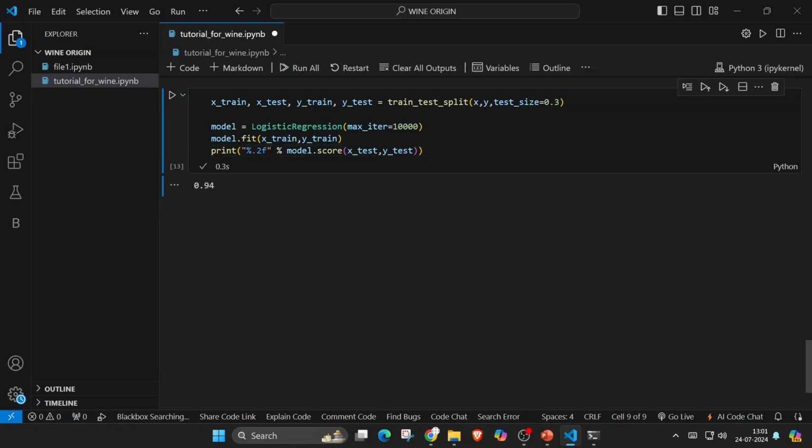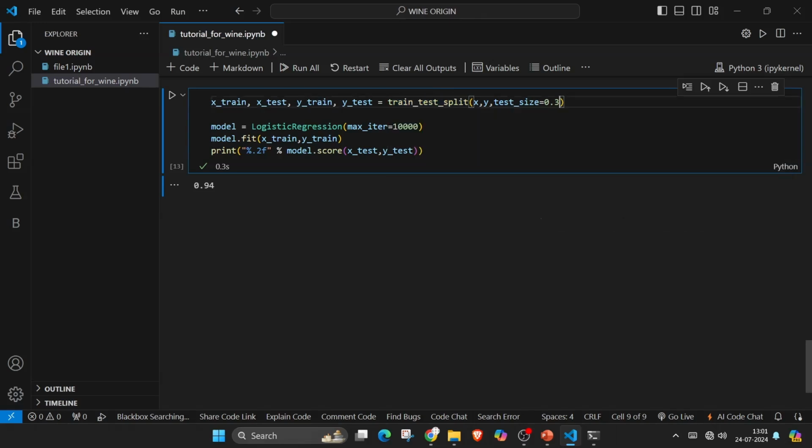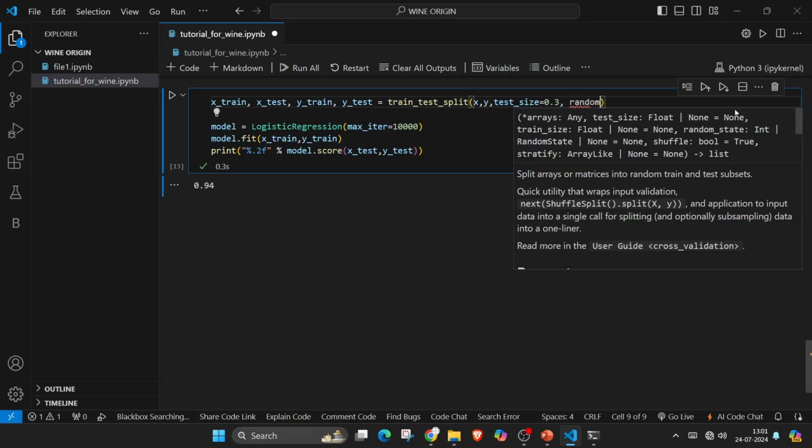So why are we getting these different values? It was only because this train test split actually takes random values. It actually takes random amounts of the data set from the original one for the splitting. So now what we'll be doing is giving a random state.